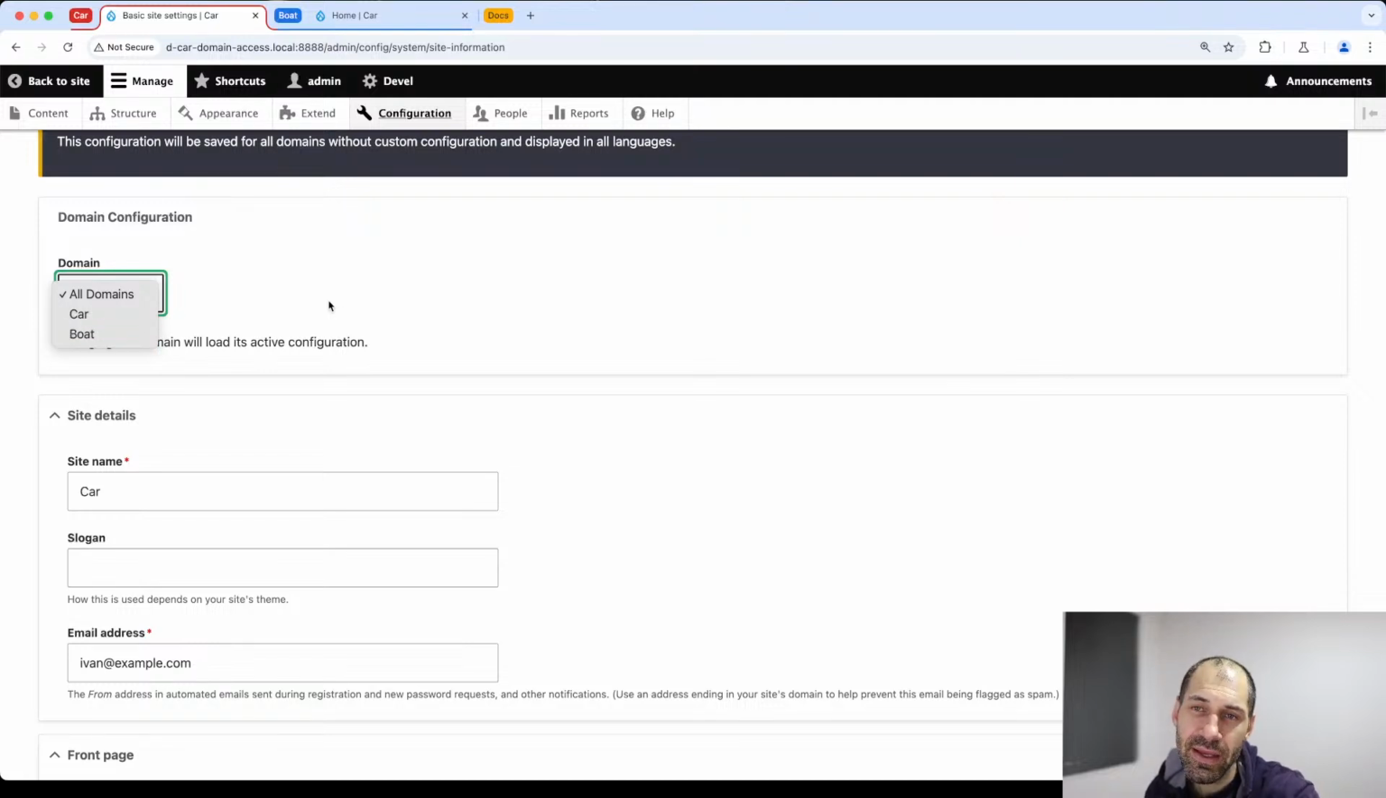So this is where, let's say you have 5 domains and you want all of the domains that haven't been overridden to have one name, but then you only want 1 or 2 custom ones. So this is where you will set up all domains to have one bit of configuration, and then the rest are just manually overridden. So let's just keep car as our main